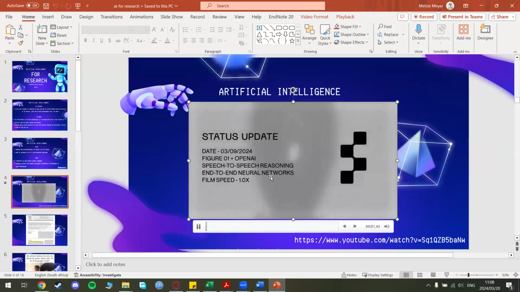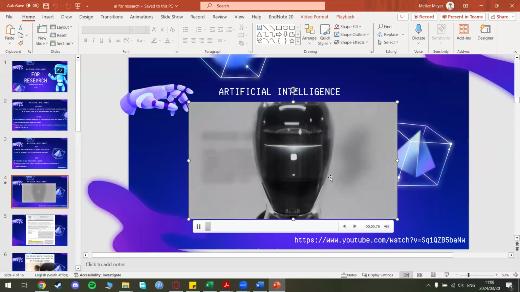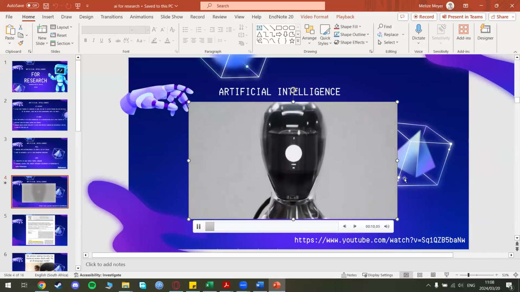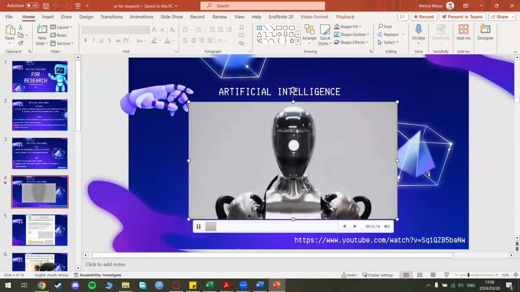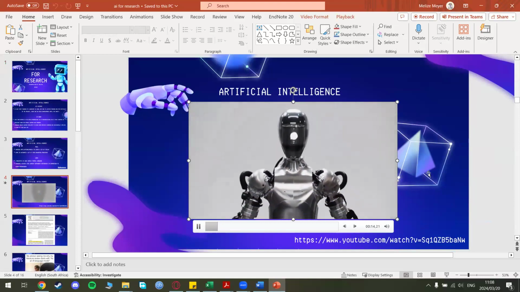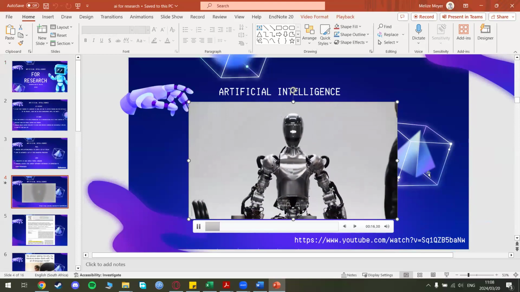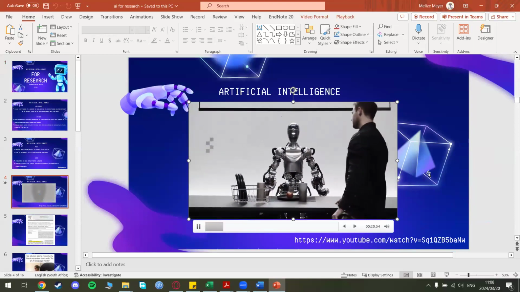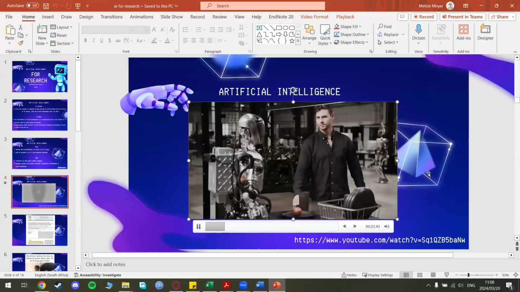It's quite interesting. So again, OpenAI, the company that started everything.